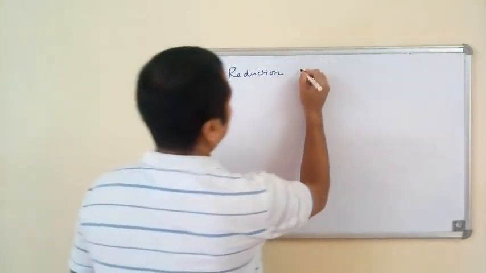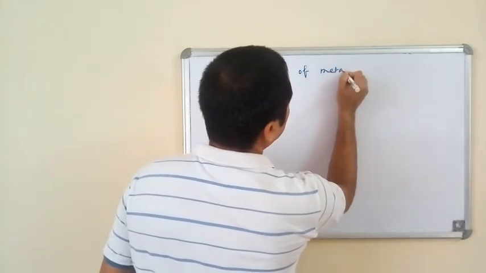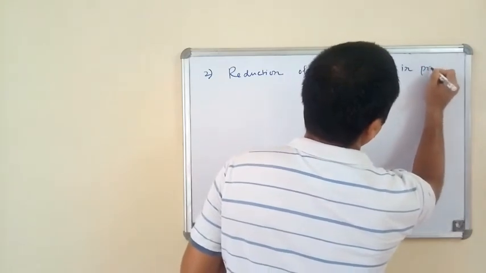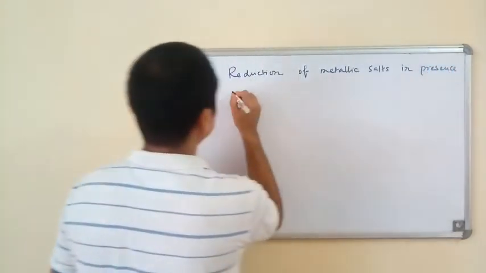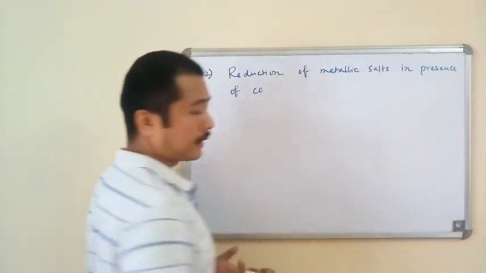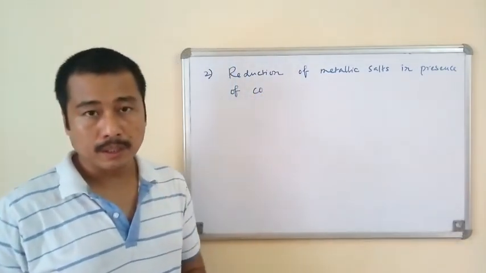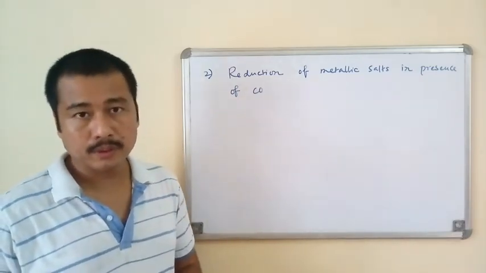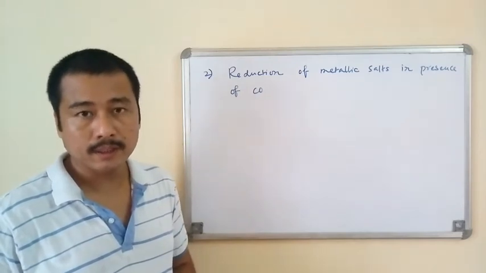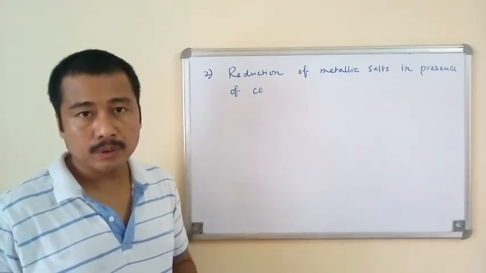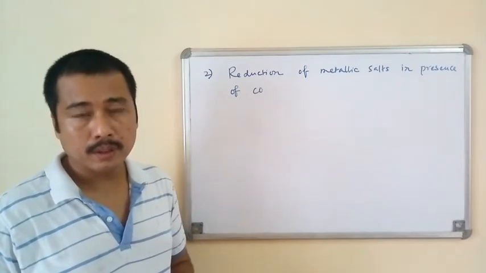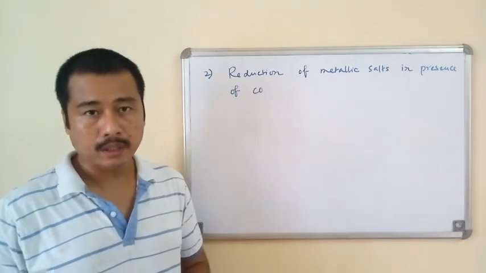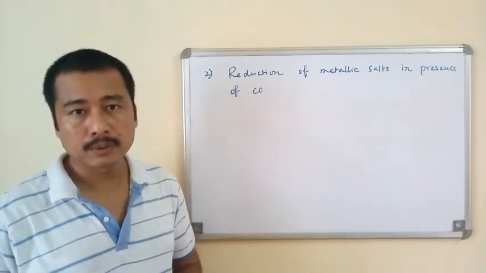So, reduction of metallic salts in presence of CO. That is the second method for preparation of metal carbonyl complexes. When you reduce metallic salts from higher oxidation states to lower oxidation state by using a suitable reducing agent, the low valent metal ions that are produced react in situ with carbon monoxide to give us the desired metal carbonyl complexes, and we will see some examples of